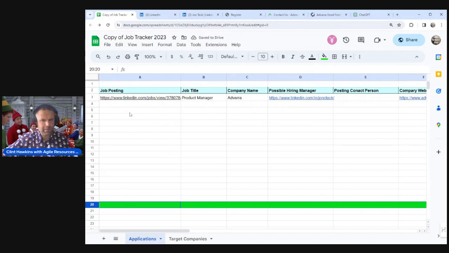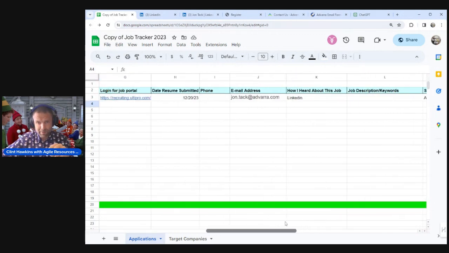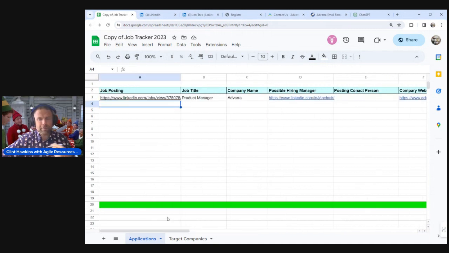And this way you can set a pace for yourself. The way I would do that is actually mark it with a color. Say, okay, my job today, I'm going to fill up all these bars. I'm going to apply to this many jobs, and I'm going to do this much research, and I'm going to send that many follow-up emails to who I think the hiring manager is. This way you set the pace for yourself, because I think that's one of the things too, when your self-worth